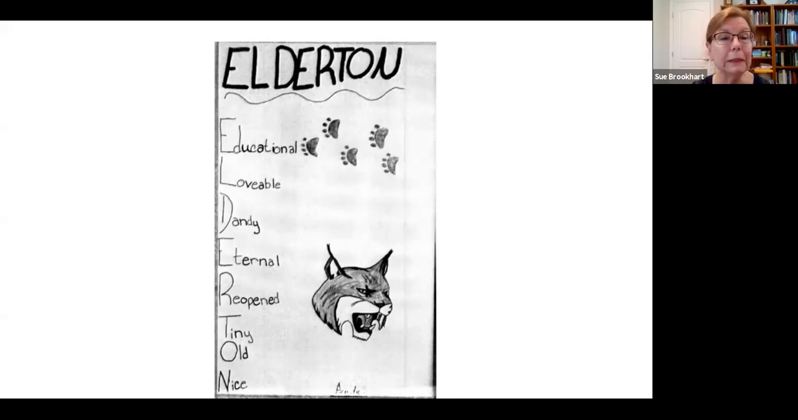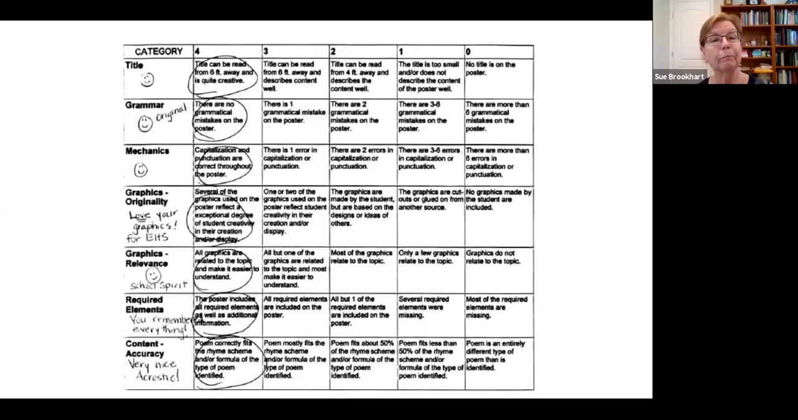And as a poem, it's successful, but it's, you know, tiny, old, and nice. The school, by the way, was small. It was old, and I'm sure she thought it was nice. But, you know, as poetic expression goes, that's minimal. And yet, because of the criteria,